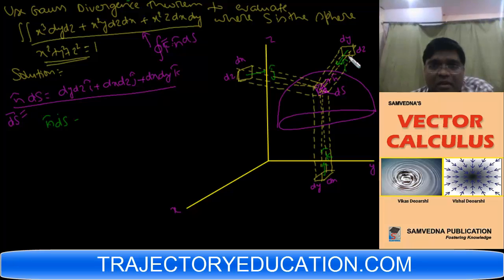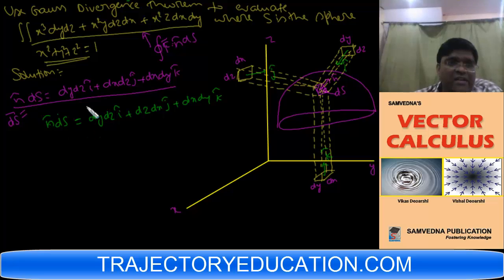The i component lies in this direction, right? So this is dy dz i, then the component in the j direction lies in the xz plane, so this is dz dx j, and this component lies in the k direction, that is dx dy k. So this is n ds. Now I can write this integral I as simply